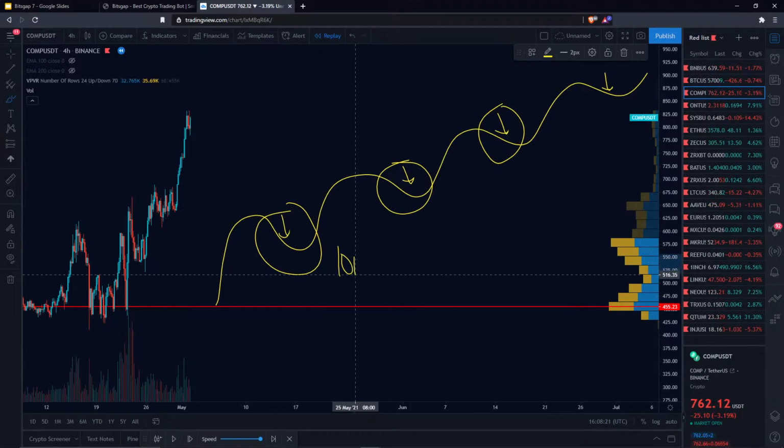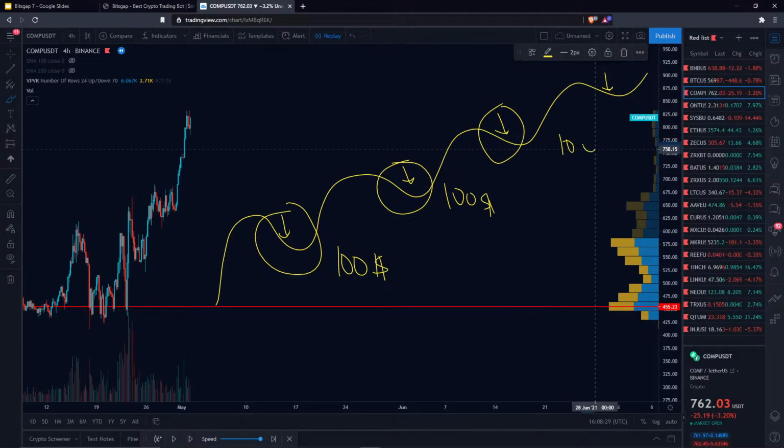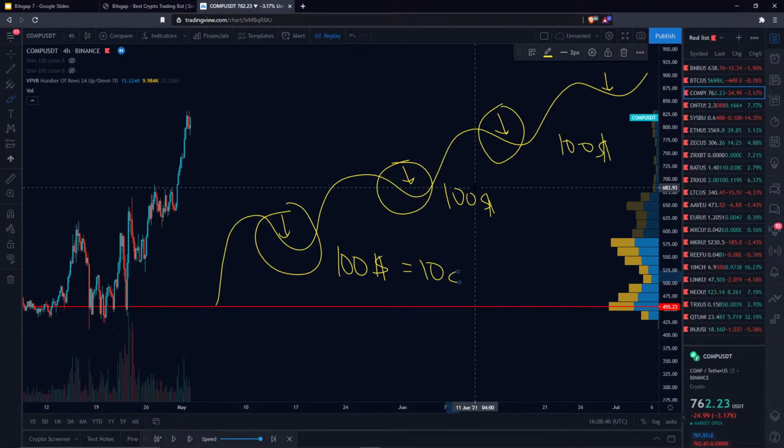For example, here it buys coins using $100, and here as well it will spend $100 to buy coins, and here as well. But as the price is rising, the value of one coin increases. So if at this level, at $400, you could buy, let's say, 10 coins, now as the price is more expensive, having only $100, you can buy, let's say, only 8 coins. You see, in that case, this is where the SBot loses,